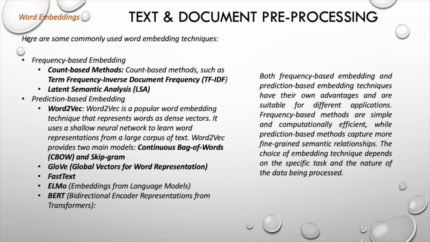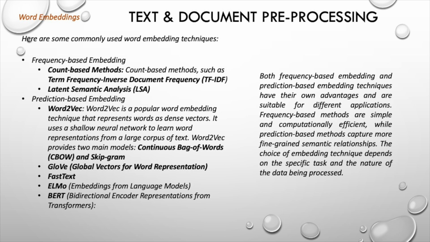Word embeddings and the distributional hypothesis are closely related concepts in the field of natural language processing, NLP. The distributional hypothesis is a fundamental principle that forms the basis for the development and use of word embeddings. The distributional hypothesis states that words that appear in similar contexts tend to have similar meanings. In other words, the meaning of a word is reflected in its distributional patterns within a given corpus. This hypothesis suggests that words with similar meanings are likely to occur in similar contexts and can be treated as